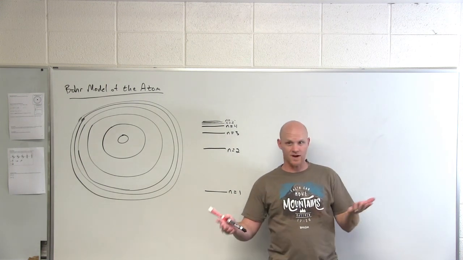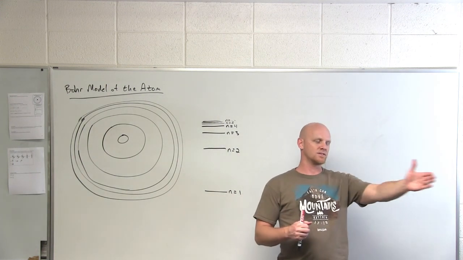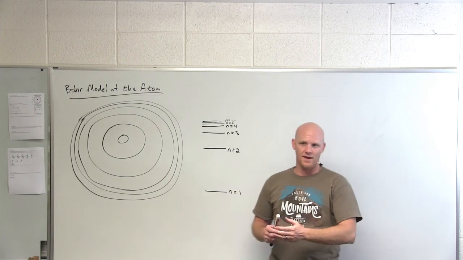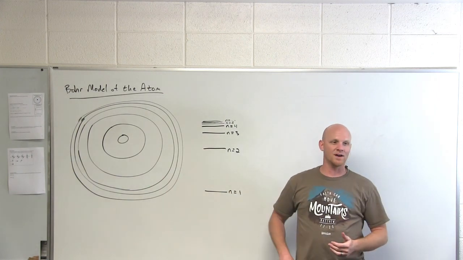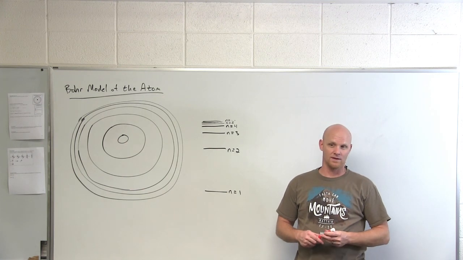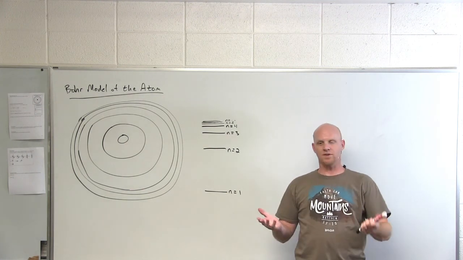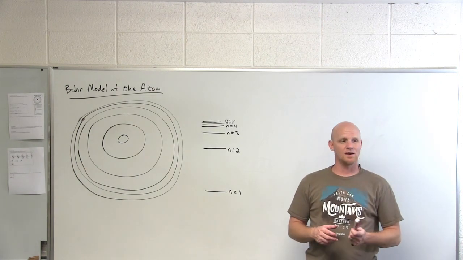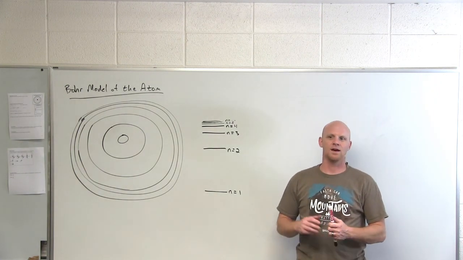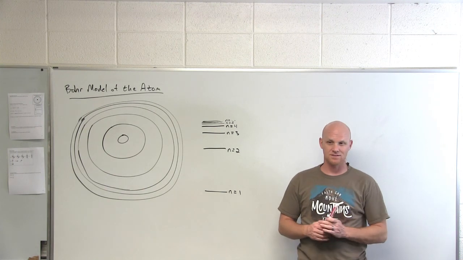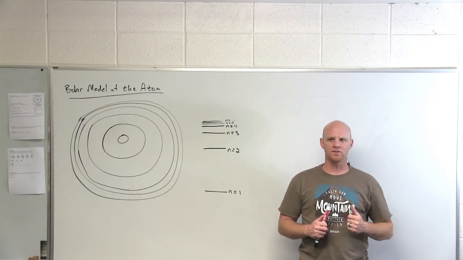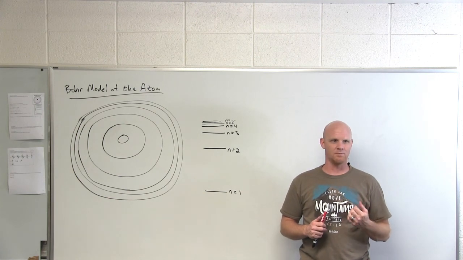We'll talk about reflection and refraction at some point here, but it spreads it out and you can see all the different wavelengths. Well, it turns out if you take the white light, say coming off the sun, and spread it out into its wavelengths, you'll find that certain wavelengths are missing, and we see dark lines right where those wavelengths should have been. And if you take white light and shine it through hydrogen gas and helium gas and do the same thing, you'll find the same wavelengths end up missing.